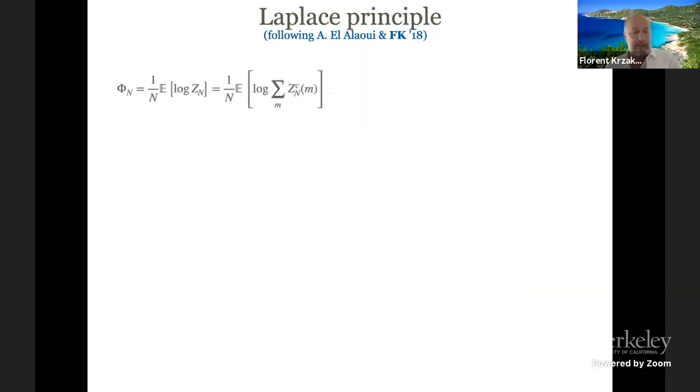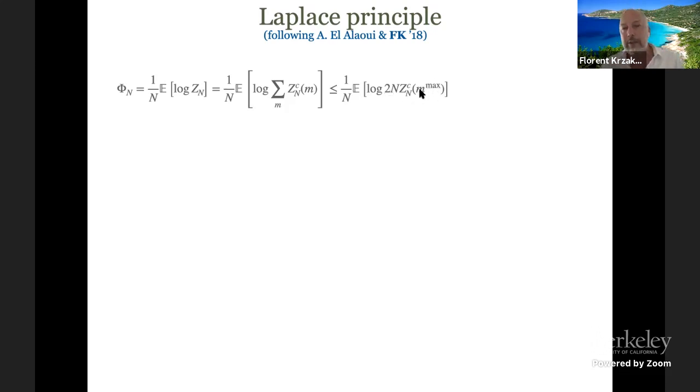Well, at this point it's very easy, and it's again something that was understood by Ahmed. You just say, well, phi_n is the log of z, but it's the log of the sum over m of the constraint partition sum. Then you just say, fine, I'm going to bound this by just keeping the max. So there are just two n values that m can take. So I will just say it's smaller than 2n times the maximum one.